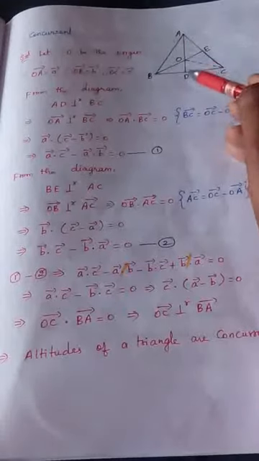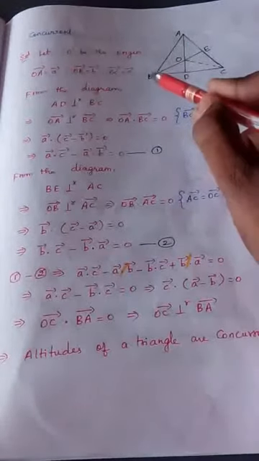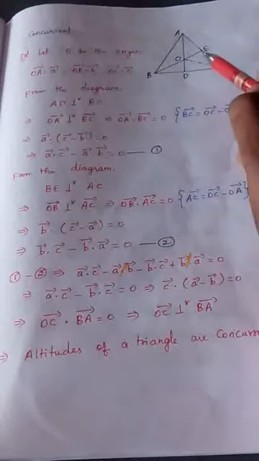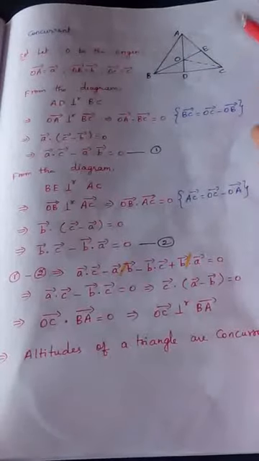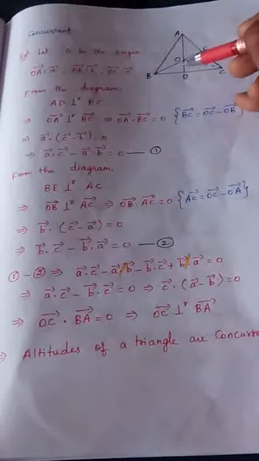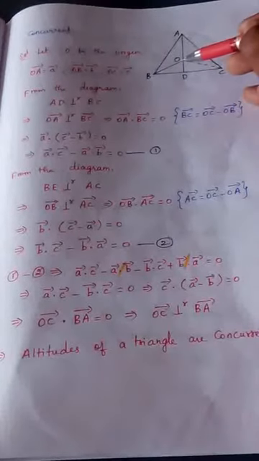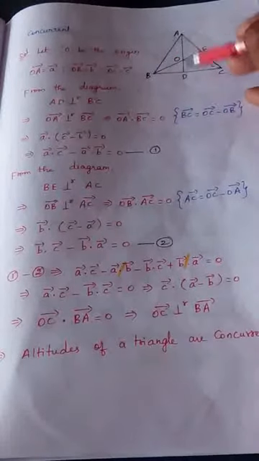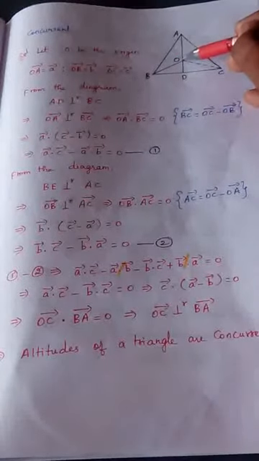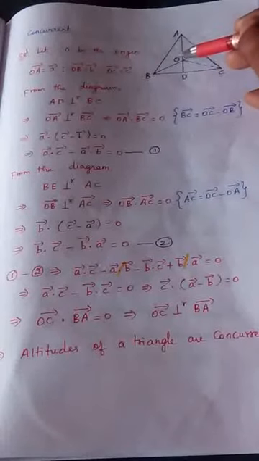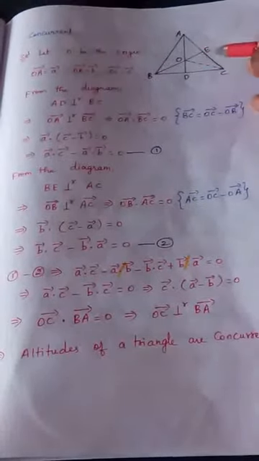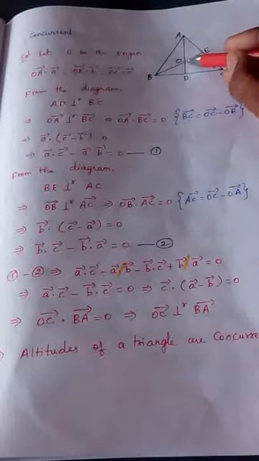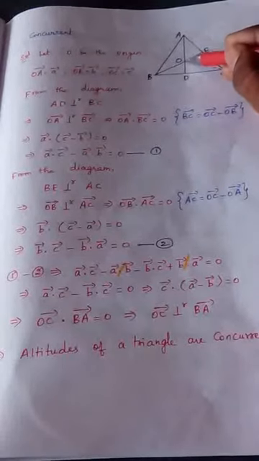Again I am going back to the diagram. First I said AD is perpendicular to BC. Now I am going to say BE is perpendicular to AC. The line BE is perpendicular to AC. Now we know very well, when we draw two lines, from A one line, from B another line, definitely they will meet at a point, right? When we draw two lines inside a triangle from two vertices, definitely they will meet at a point. We are naming that point as O. Our problem is whether the line drawn from the vertex C also passes through the same point or not. That is the question, because two lines will definitely intersect at a point.